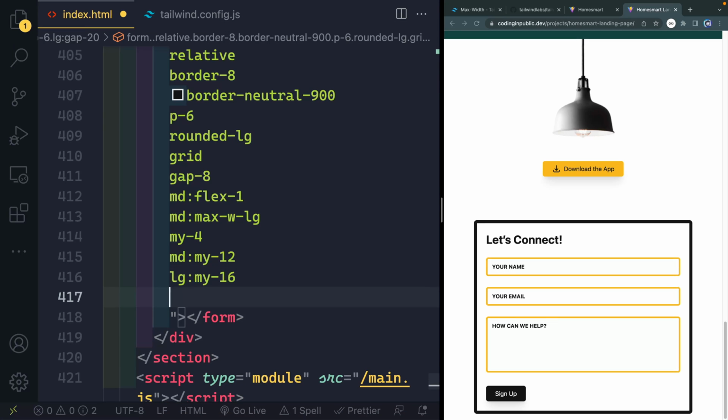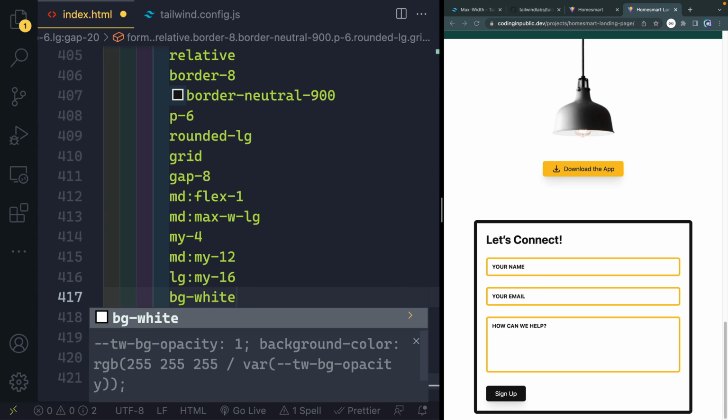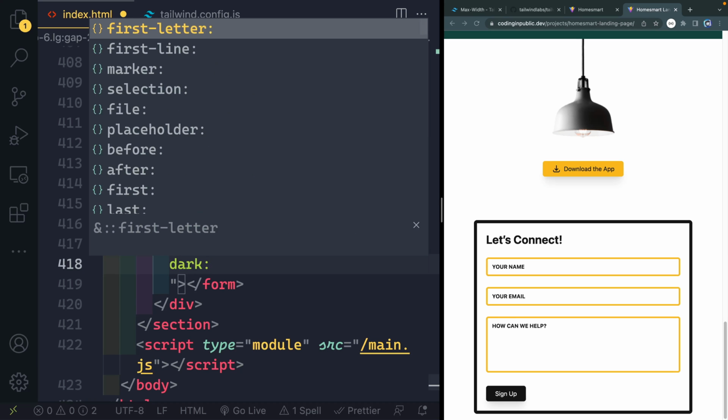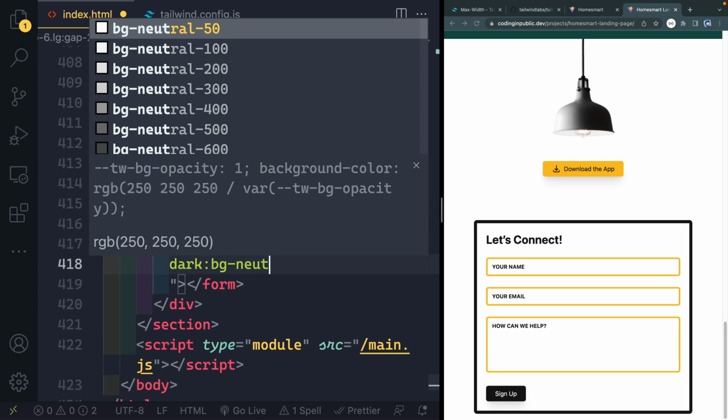And I think that's all we have to do. All right. Next, I want a background color of white here, so background white. And again, we're going to have dots that show up in the back. And if this doesn't have a background color, it'll just be transparent, and you'll kind of see those poking through the form. Once I get to dark, though, I do want to change this to background of neutral, and then